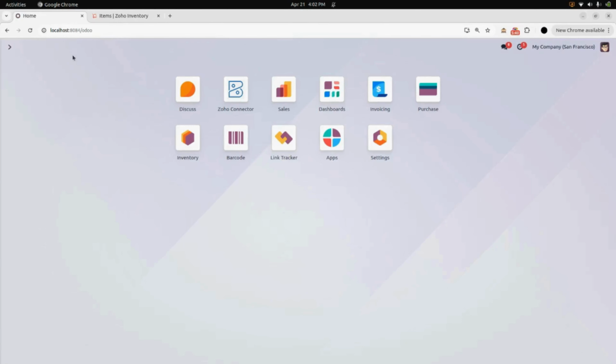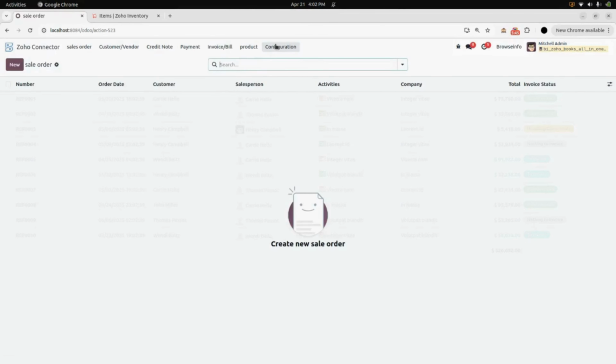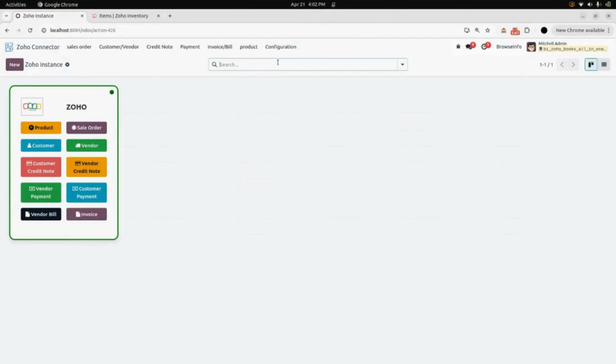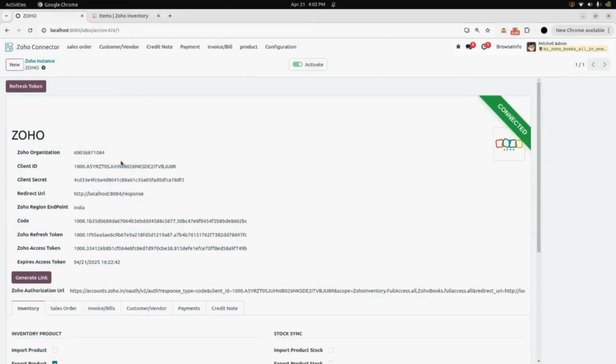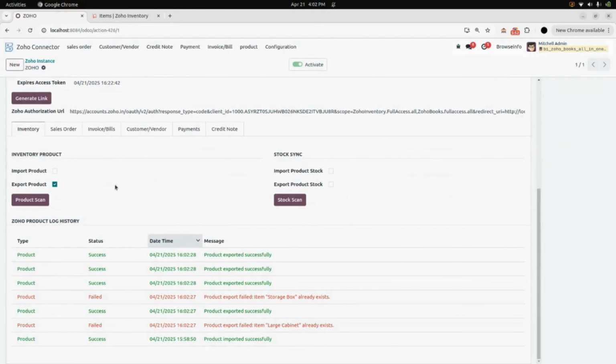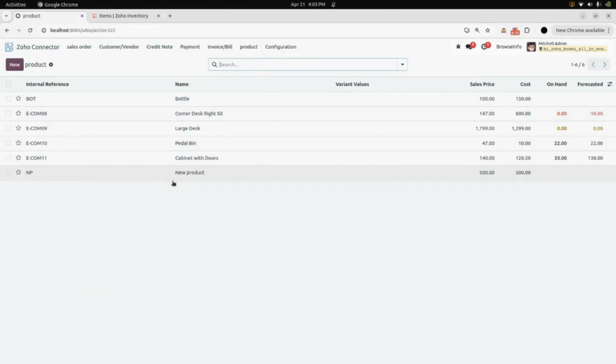To see that, we will go into the Odoo connector. Under configuration, we will go into the instance, open Zoho, and in here in Zoho product log history, you can see the products which succeeded to export and which failed. Here you can see the products which succeeded. Also, you can go under product, click on Zoho product, and here you can see the products that are exported